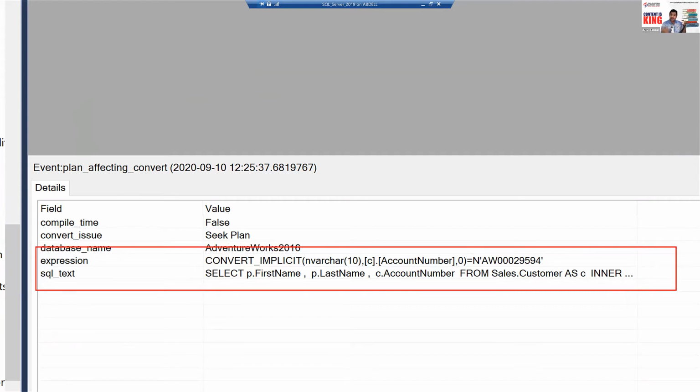Now what? I did not capture the query plan hash or the plan itself. Well, I don't need to, because if I have the text, I can pull out the query plan from the plan cache. I can do that, because think about it. If you have a lot of these issues in your SQL environment, and each execution is capturing the plan hash, then of course the session itself can have a minimal impact on SQL Server performance. So I really don't want to capture heavyweight stuff, right? Let's capture lightweight stuff. Even though extended events is lightweight, it's important that we take cognizant of the fact that what are you capturing, how much you are capturing, how frequently, and so forth.